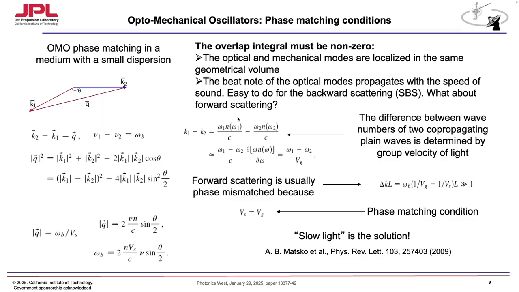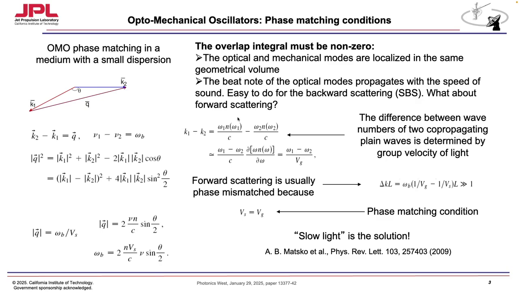So the basic idea for phase matching in that description comes to the requirement that the group velocity of the beat node of two optical waves, pump and scattered wave, should coincide with the speed of sound. In that case, we have phase matching,